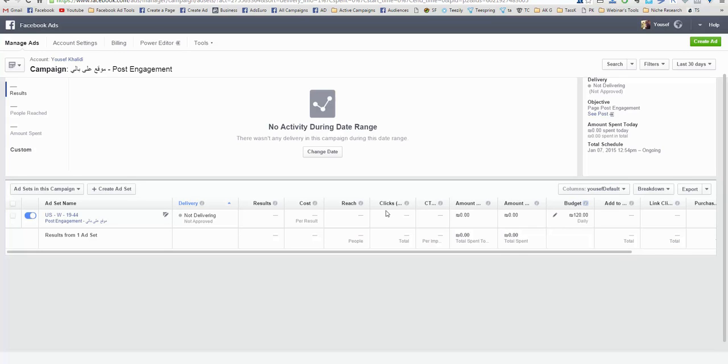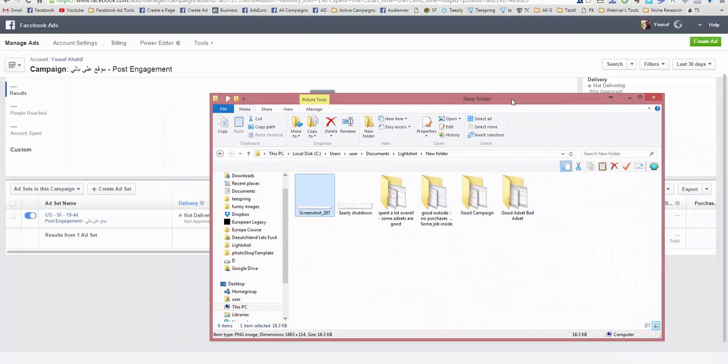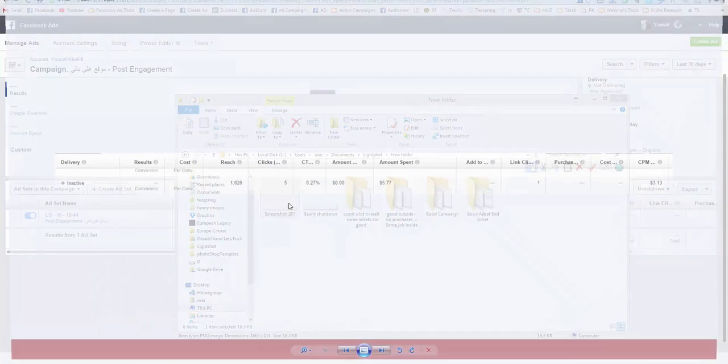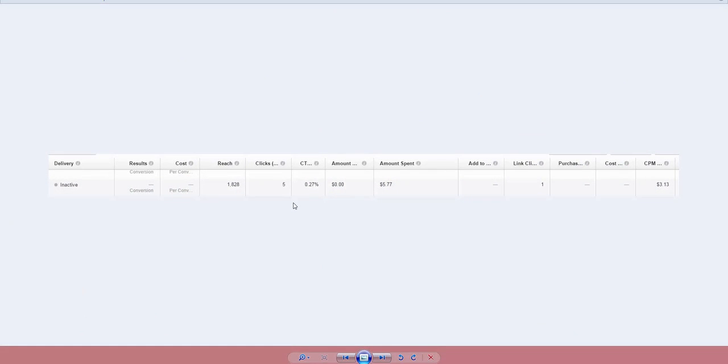For knowing your assets more, and knowing your campaigns, I've prepared some pretty examples. So let's take those examples and try to see what's going on in each one of them. This is the first example I prepared for you, and here we've got that campaign that reached almost 2,000 people, and the amount spent was $5. So we paid $5 for this campaign,